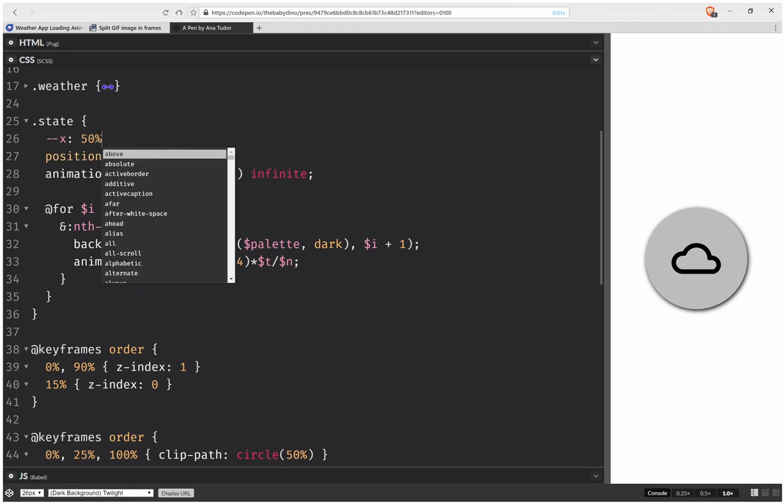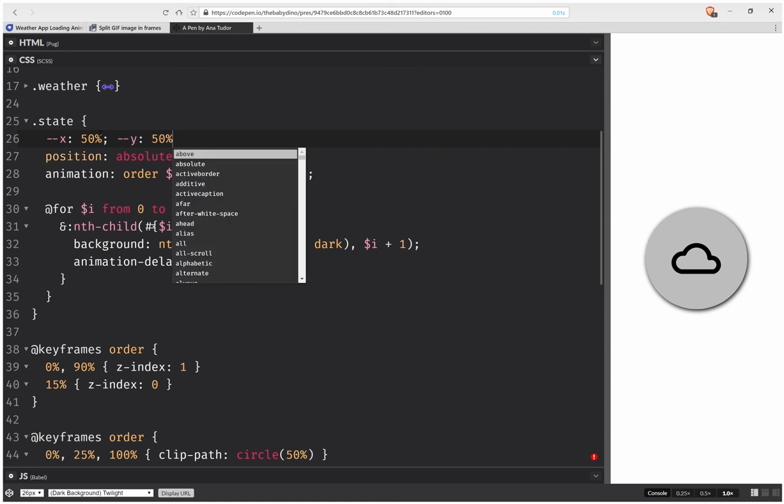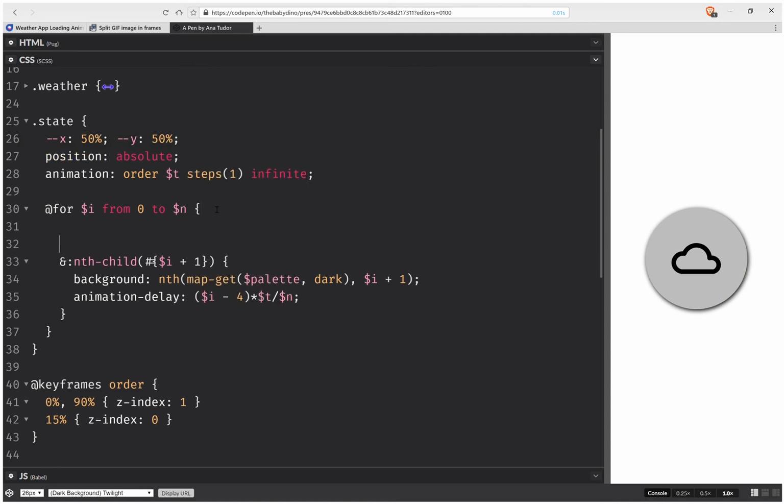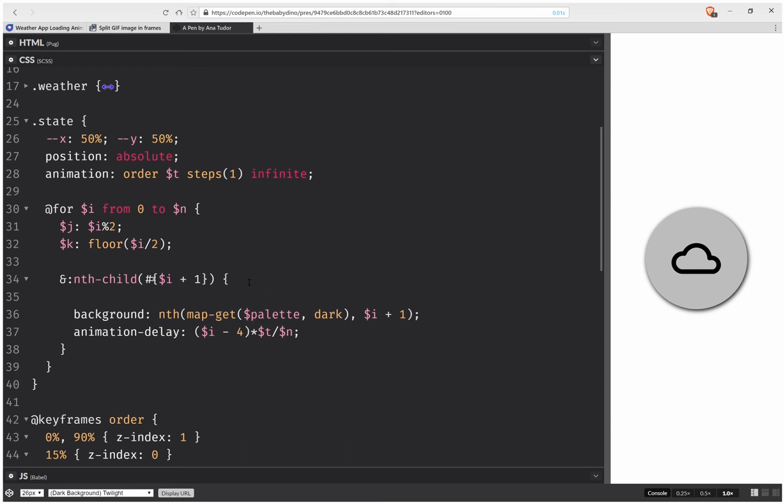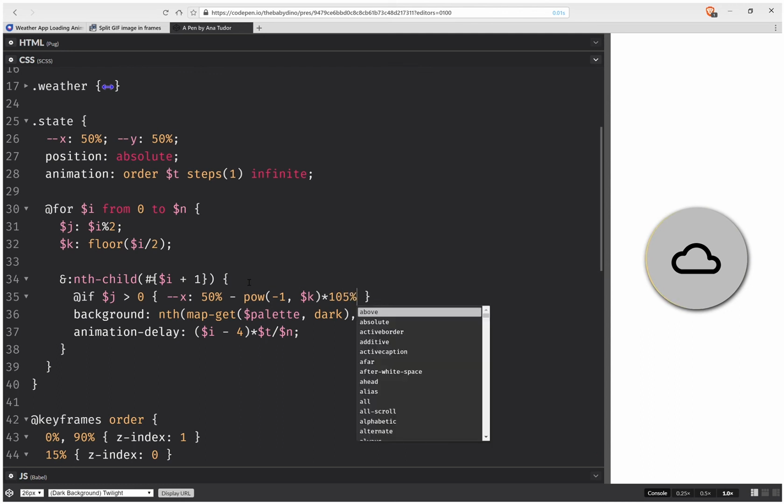So x is going to be 50%, y is going to be 50%, and here within the loop we're going to set them differently. So I'm going to have a j here, which is going to be i modulo 2, and I'm going to have a k, which is going to be i over 2 and floor of that. So floor of i over 2, and here if j is greater than 0, then I'm going to set x, and it's going to be 50%, actually minus power of -1 to k, so -1 to the power k, times 105, or anything slightly bigger than 100%,